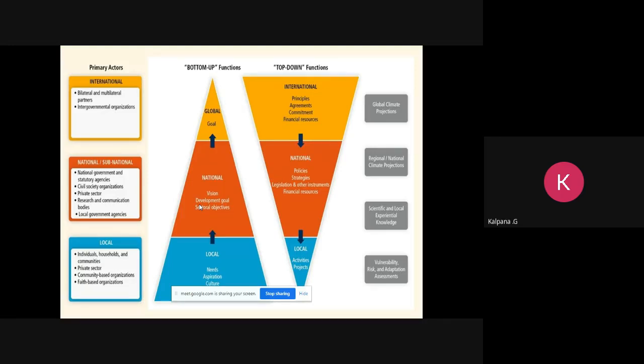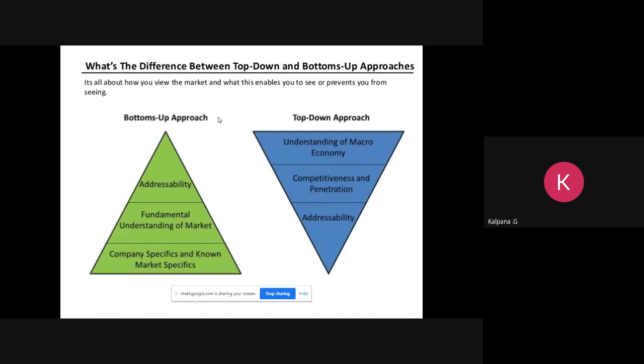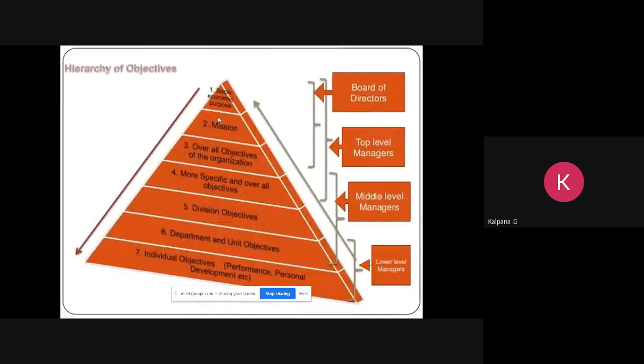then we are going to create the strategic plan, and then we are going to analyze that, compare that with the goal, or even from the lower level managers' feedback and needs, we can set the strategic goal, and then we can set the goal for the organization also, in either way. So this is how the bottom-up and top-down approaches work. There is another example given here. So this is all about the first point.